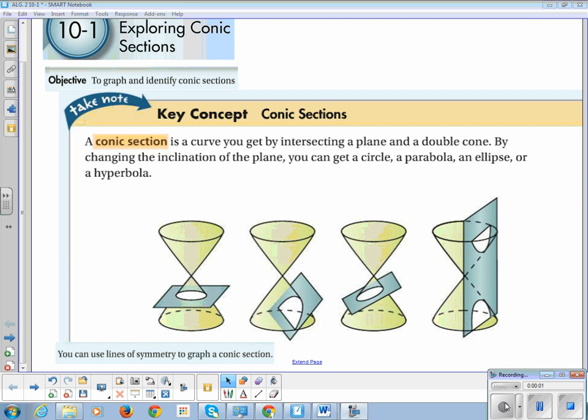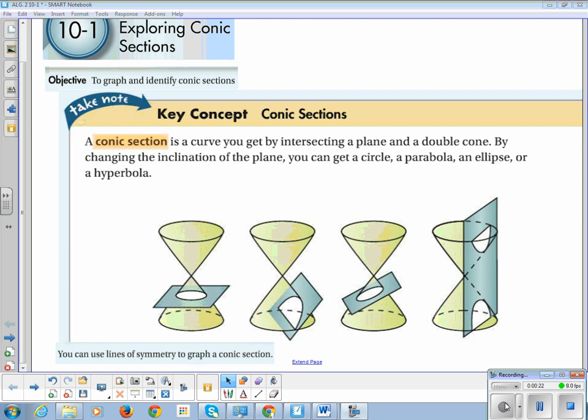Alright, so this is Chapter 10, Section 1, Exploring Conic Sections. Our learning objective is to graph and identify conic sections. And our key concept is a conic section is a curve you get by intersecting a plane and a double